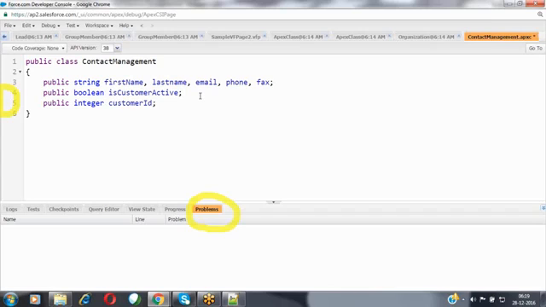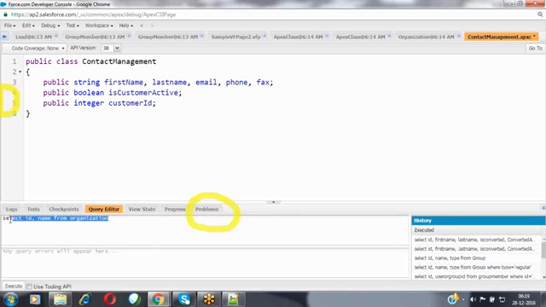Then whatever Apex classes you have created, how do we know how many Apex classes we have created as of now? If you want to query all those Apex classes, you can go to the query editor. Inside that query editor, we can query the Apex class information: select Id, Name from ApexClass. ApexClass is a standard object given by Salesforce in which it stores all the Apex classes which you have created.